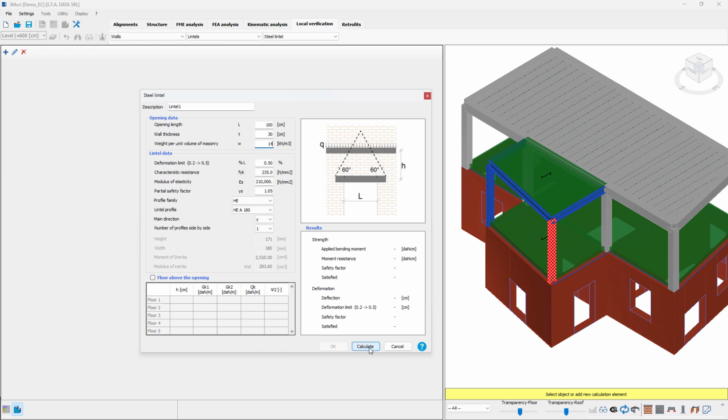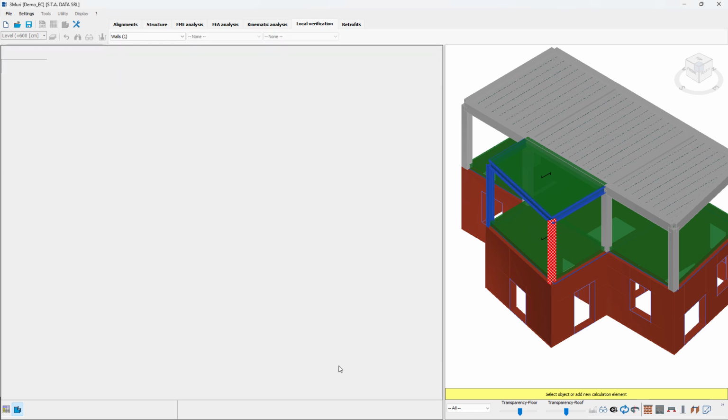If I go ahead and click on calculate, I'm going to see the verification is done automatically. In this case, both the strength and deformation verification is satisfied, so I click OK. Once I click OK, I'm going to see that my lintel is added into the materials list. I can do the same for masonry lintels,